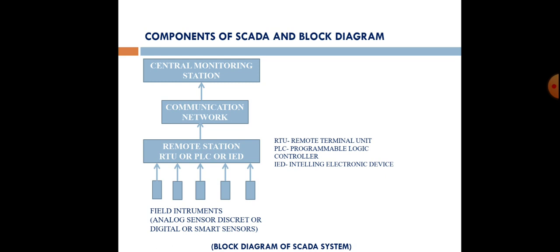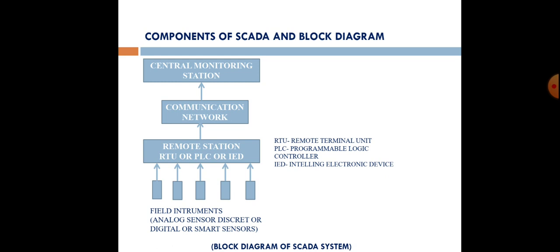Human machine interface, HMI, is employed in the central monitoring station. This is the software application of the PC on the CMS with the help of which graphical representation is made on the operator's PC. It also includes the functionality of the control, alarm, data history, etc. Now, the fourth and last component of SCADA is field instrumentation.